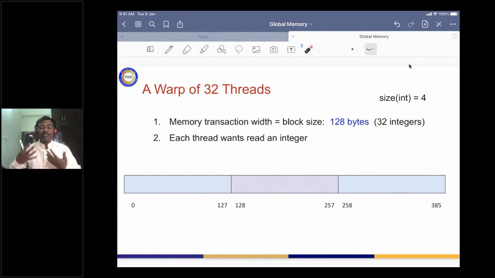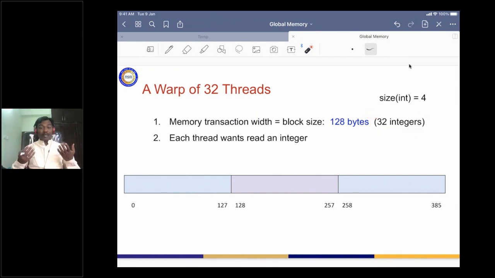The number of memory locations that we transfer at a time is called one memory transaction, and the width of one memory transaction is a block whose size is 128 bytes. So 128 bytes you can think of as 32 integers.